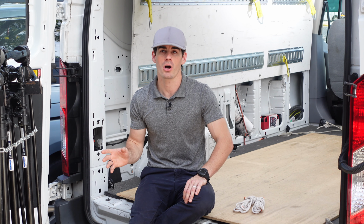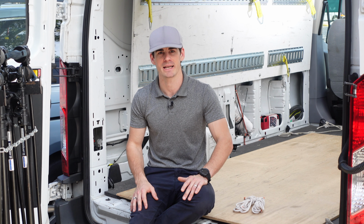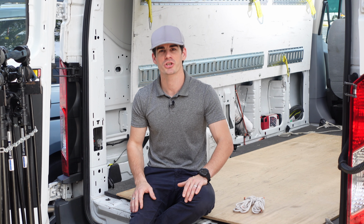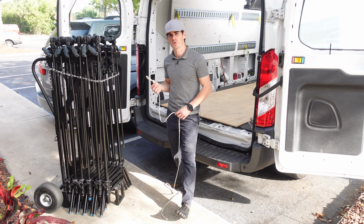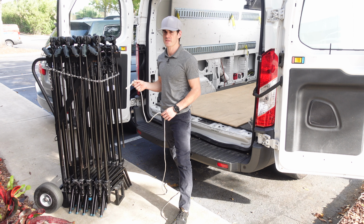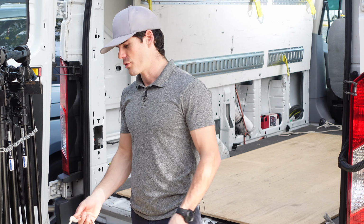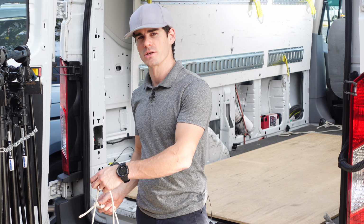Now this rack is too tall for it to stand up in the van, so we're going to have to lay it down on its back. Let me go ahead and show you how I secure the C-stands to the rack. Now that my sash cord is terminated in a bowline, I can hook it to the back side of the stand where there's already a hook there, wrap it over the C-stand legs, and then back around to my half